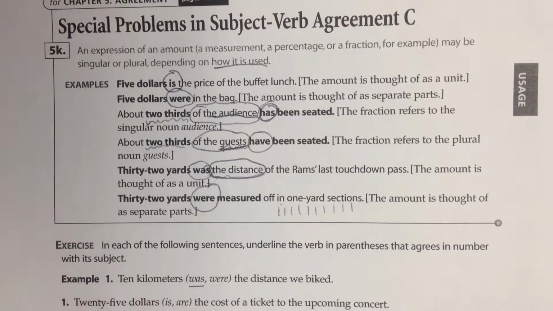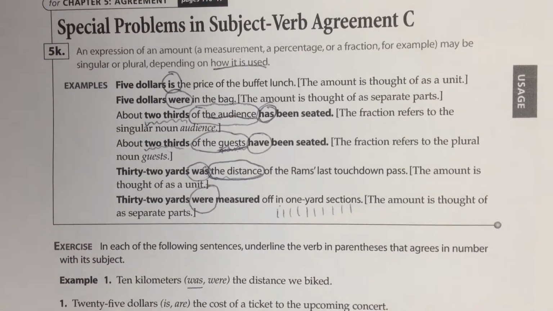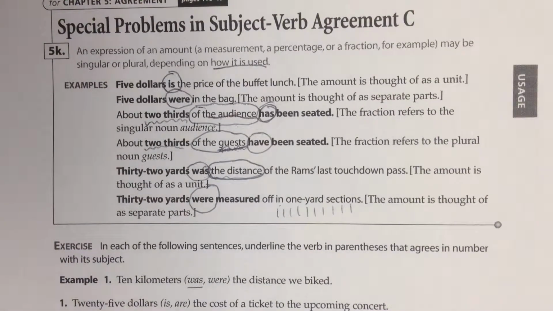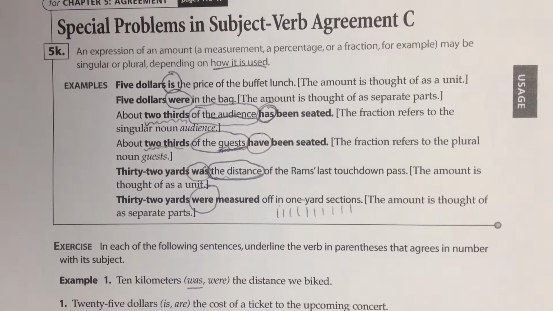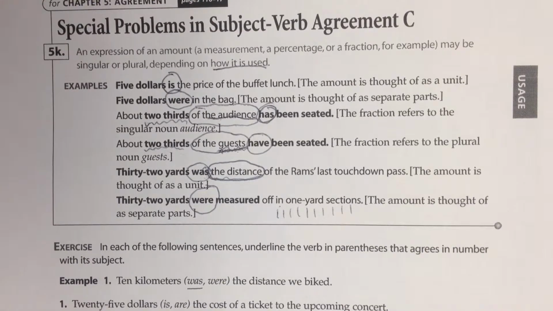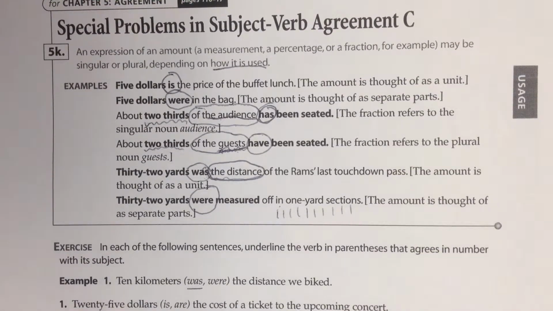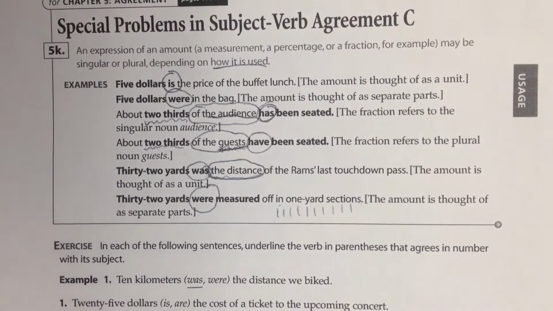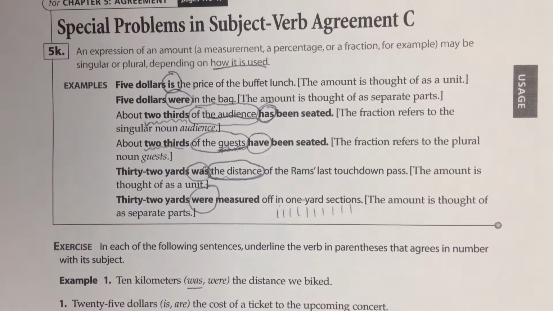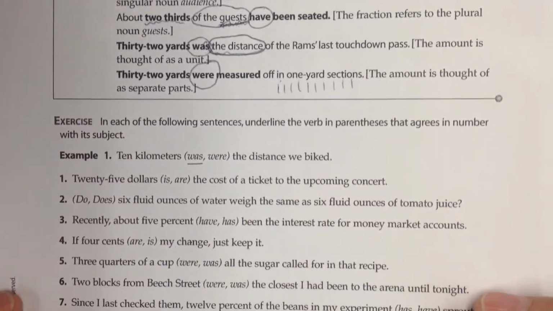Okay, let's do some of the exercise. This, along with collective nouns, is probably the hardest thing to get around. What you really have to do is use your reading skills to find out whether or not the subject is thought of as individual units or as one unit. So number one,